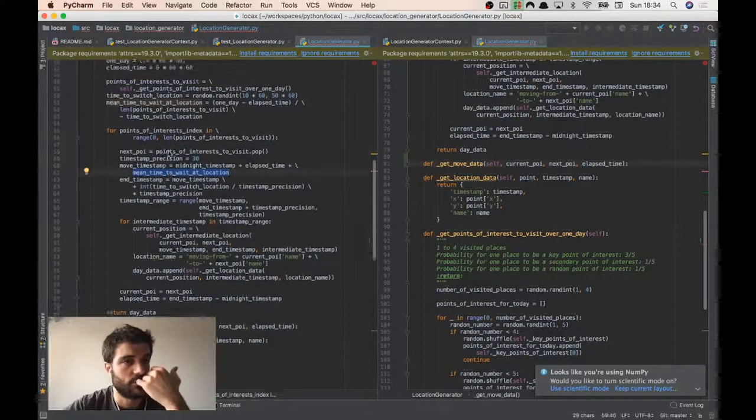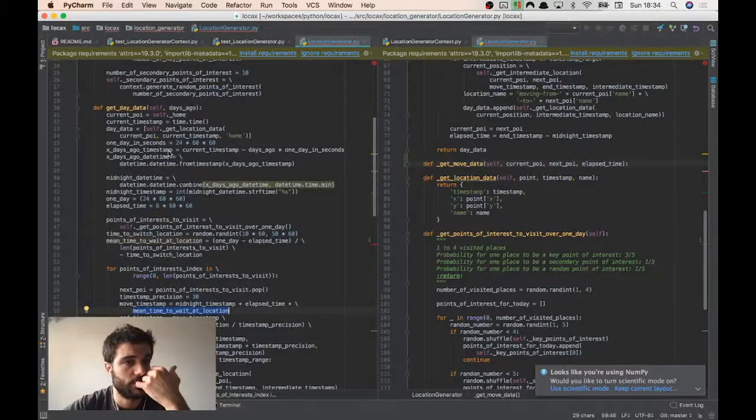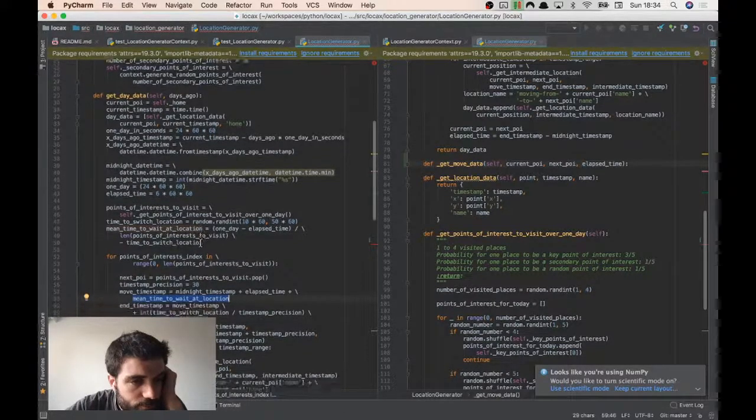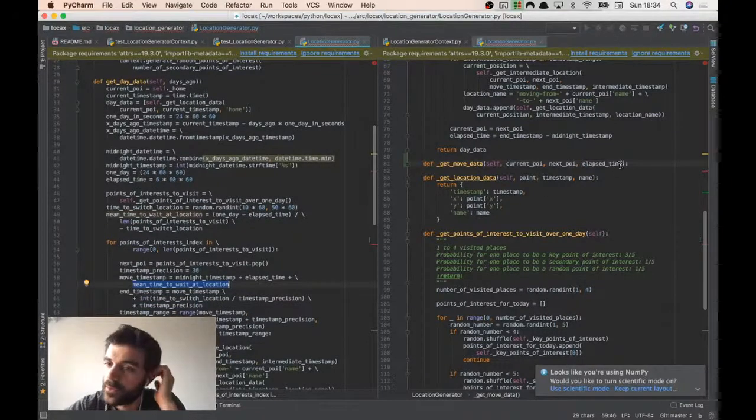That also can be moved. I don't know where it is. Where is it? Mean time to wait at location. Where is this? Where is this? Okay. This is also a variable that I need to have. Okay, that's going to be a function with a lot of